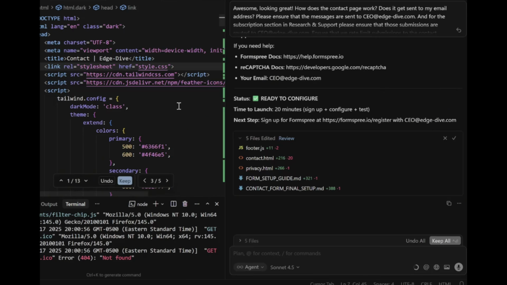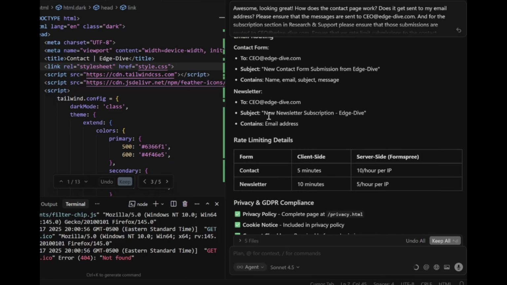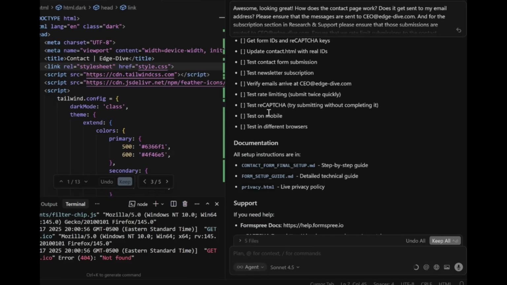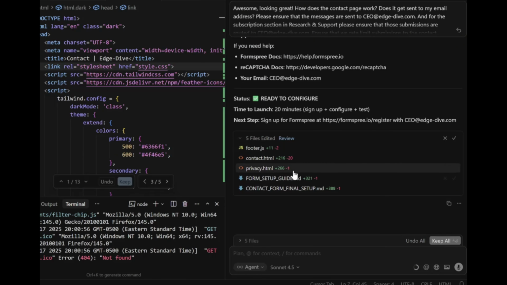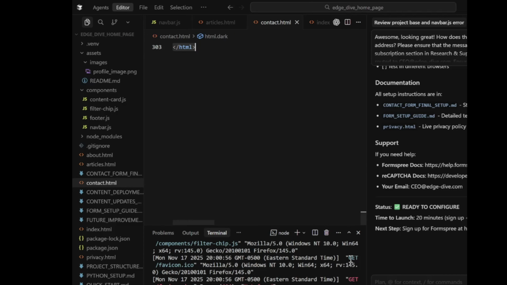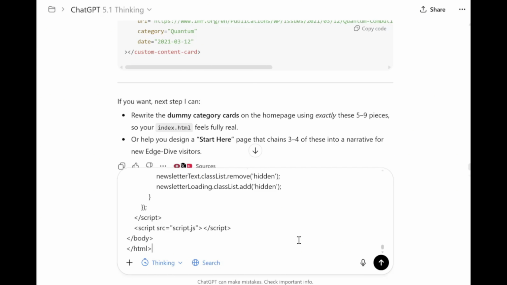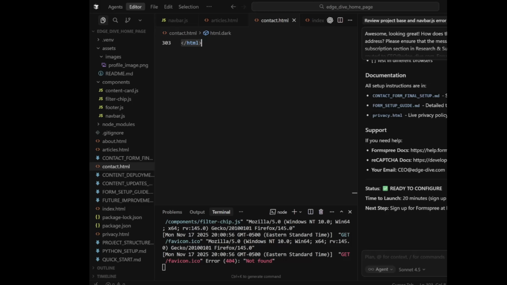All right, so it's finished thinking and has updated our code up to the specifications of our prompt. You can review everything that it's implemented and updated from its response here. I trust it enough, so let's go ahead and keep all. But first, remember it's going to be the content.html and privacy.html. Those are the updated files that have our reCAPTCHA and rate limiting logic. So what I want to do is copy that content, and then I'm going to take it to ChatGPT and provide it to it along with the